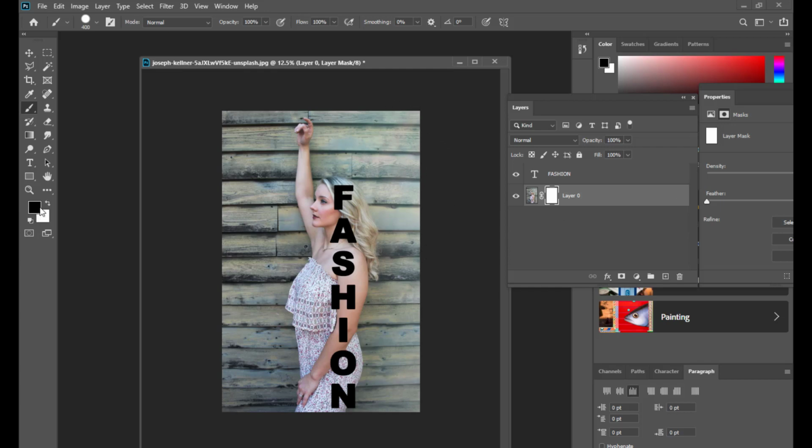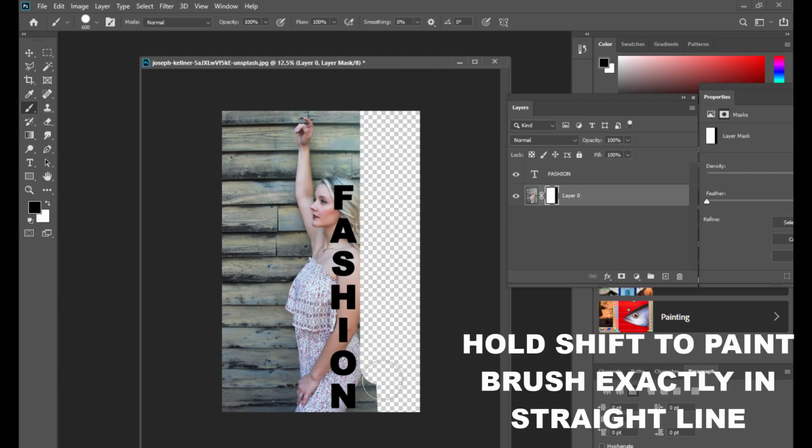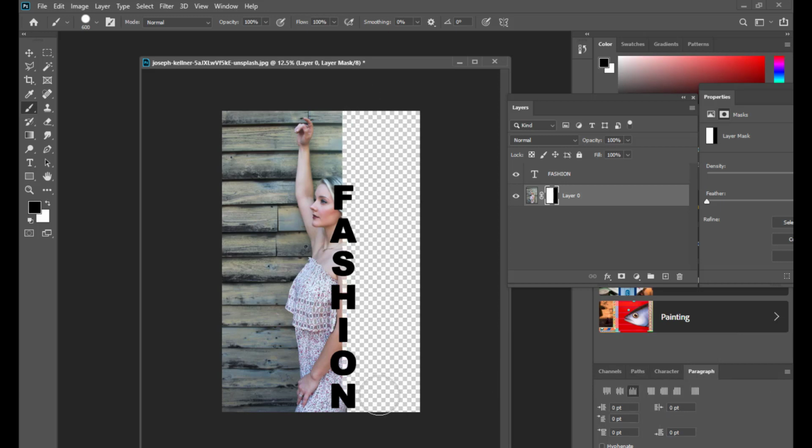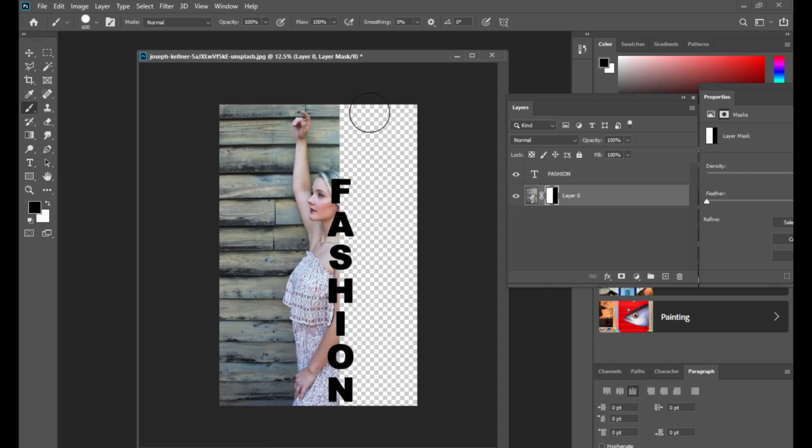Make sure that the foreground color is black, and simply hold shift so that you can remove the image exactly half to the text, or exactly to the half of the text layer. Okay, right. So we have to get the final result in this way.